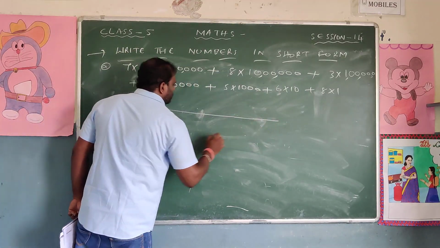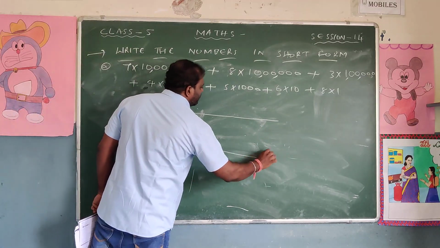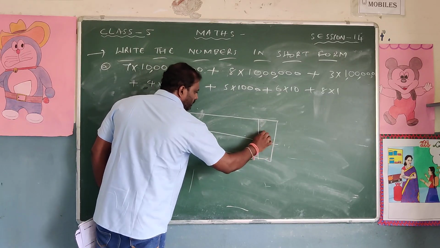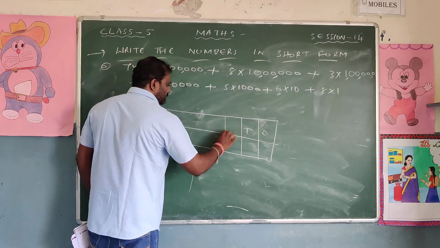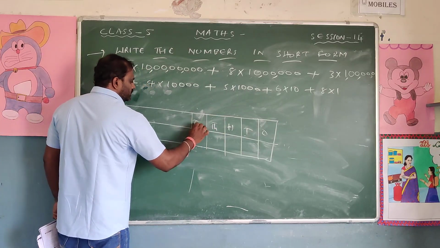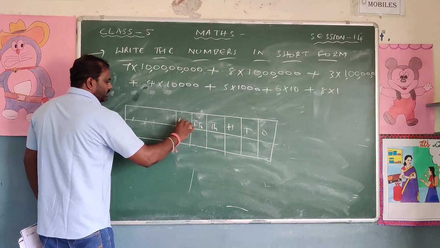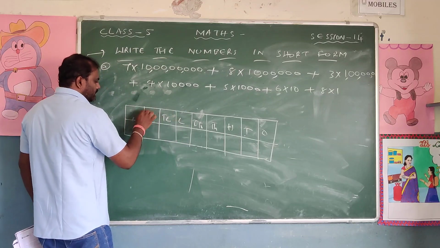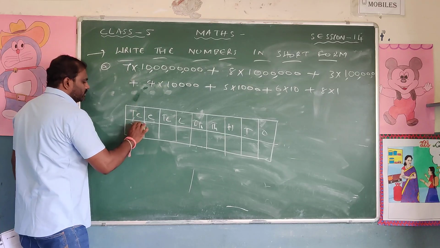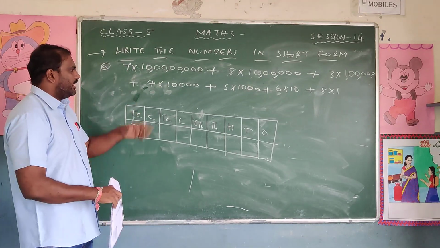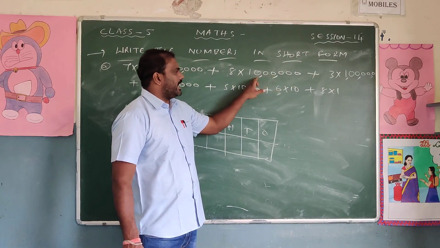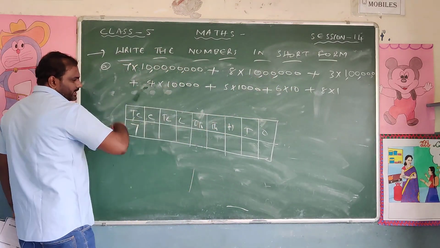So now take a bigger one. And write the highest one. So what is the highest one is ones, tens, hundreds, thousands, 10,000s, lakhs, 10 lakhs, crores and 10 crores. So this is 10 crores, you have to write 7. After that, check the number. Units, tens, hundreds, 1,000, 10,000, lakhs, 10 lakhs. So where is the 10 lakhs here?